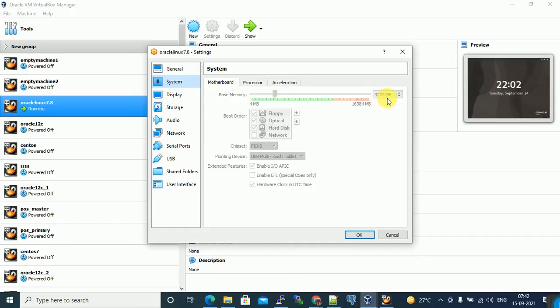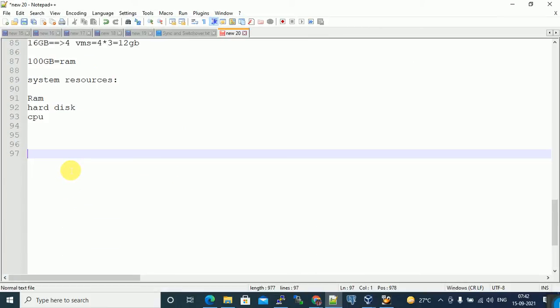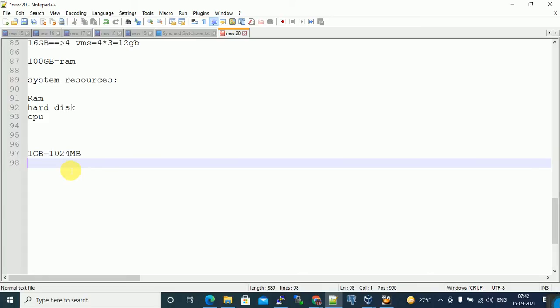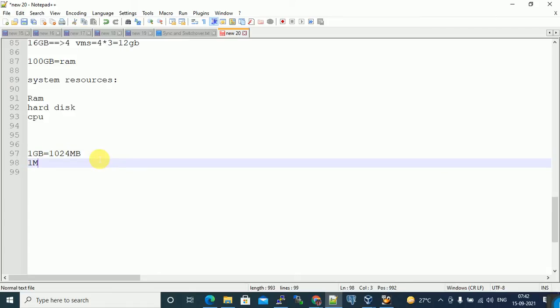You can see how much memory: 3222 MB. So how do we calculate GB? 1 GB equals 1024 MB. 1 MB equals 1024 KB. This is how we calculate memory or hard disk in IT.